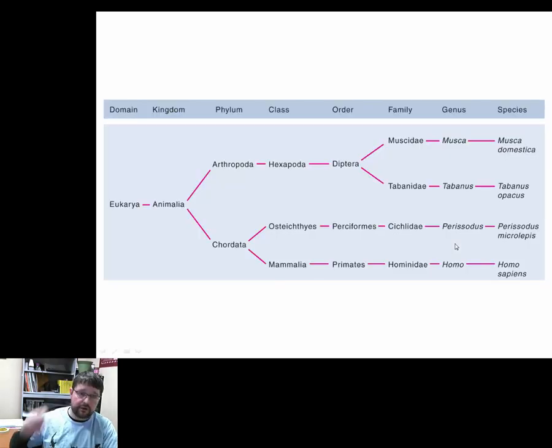So here we can look at that classification. Again, Linnaeus came up with kingdom, phylum, class, order, family, genus, species. These right here, from work with ribosomal RNA, or what we call rRNA, we then realized that we need another classification. We need to decide what domain these organisms reside in. Are they archaea? Are they bacteria or eubacteria? Or are they eukarya?